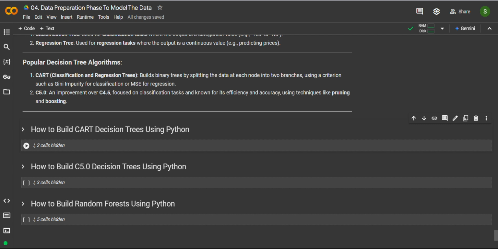So keeping in mind the length of this video, I think I should wrap this up here only and continue the next parts, that are building CART decision trees, building C5.0 decision trees, and building random forests using Python